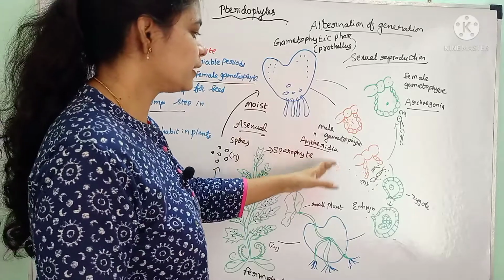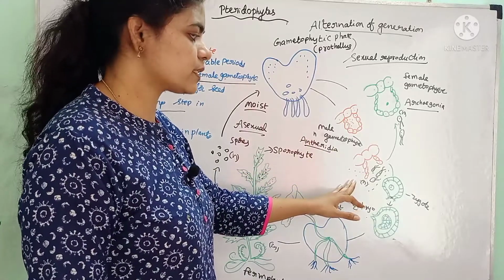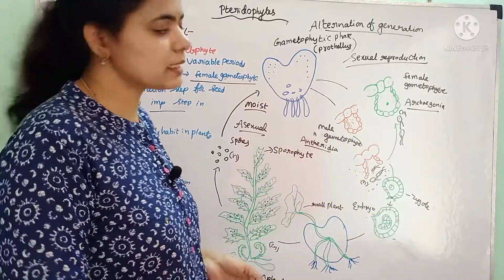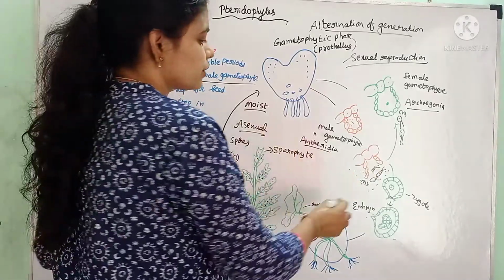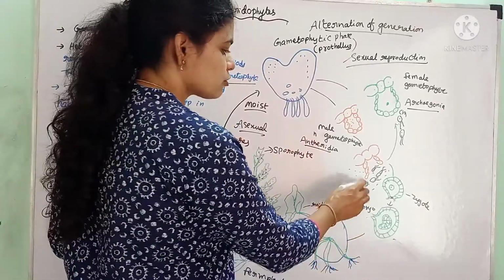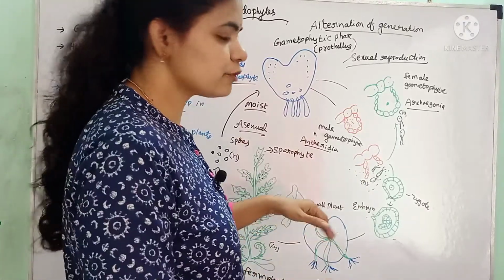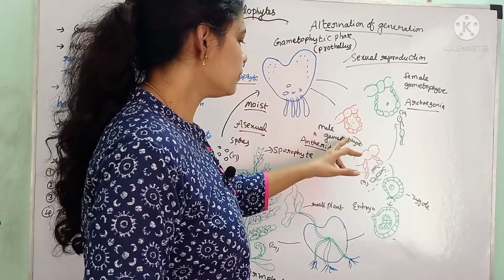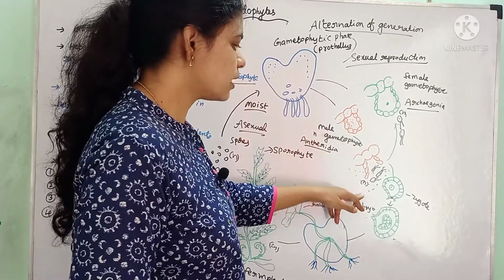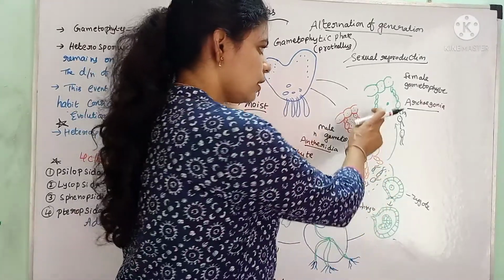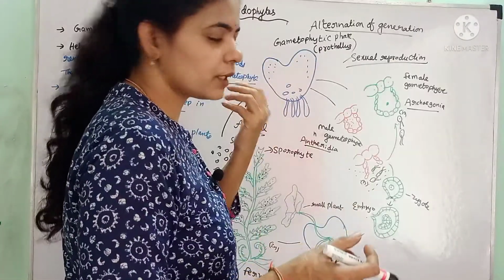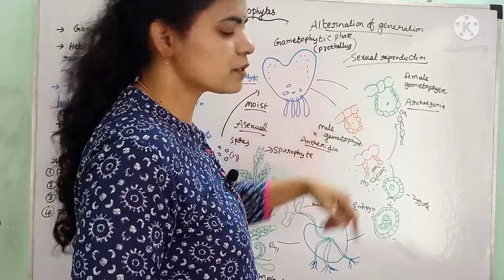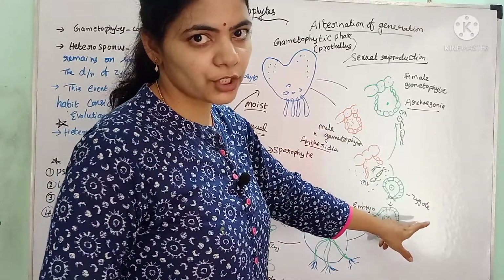Here, from the male gametophyte, that is from the antheridia, anthrozoids are released when matured and when water is available in the vicinity. The male gametes have flagella for motility, so they can swim in the water. When there is water in the surroundings, the anthrozoids released from the antheridia swim and reach the archegonia, where the egg is present. These anthrozoids enter the archegonia and fuse with the egg, resulting in zygote formation.